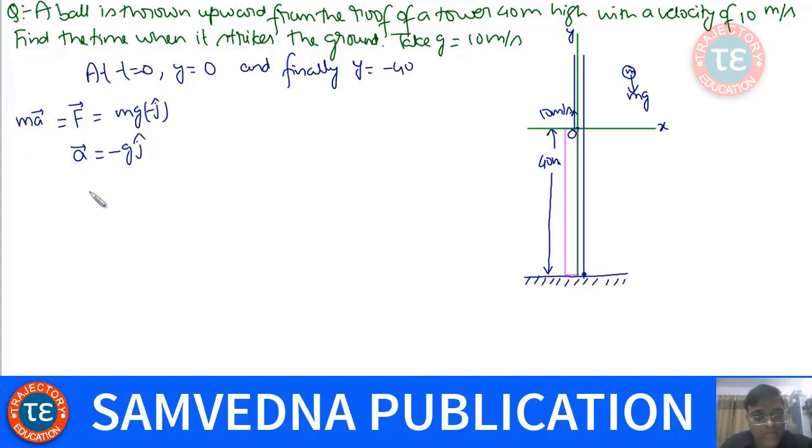So your acceleration is g minus j cap, or the magnitude of acceleration is minus g, right? And this is equal to dv by dt, right? Or v will be equal to minus gt plus constant, and at t equal to 0, v is 10 meter per second,